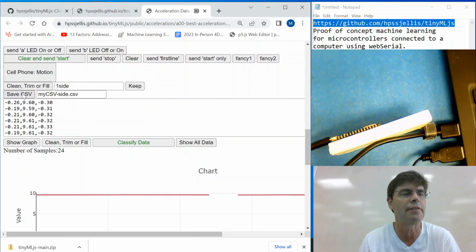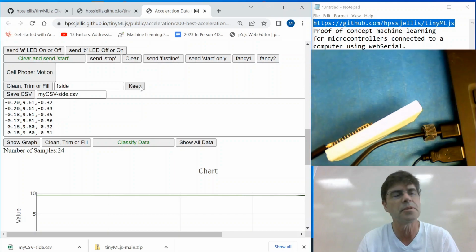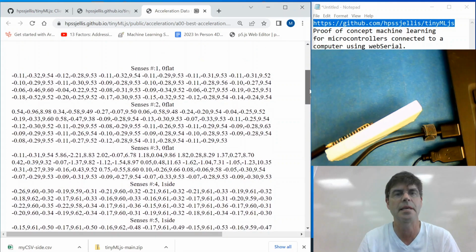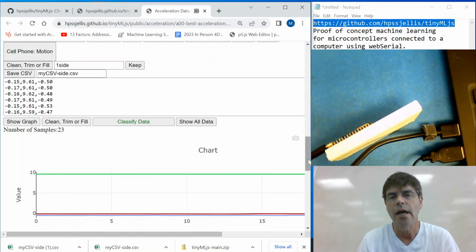And this is what happens if I was saving it. I'd save it, it pops down there. But now I'm going to grab a new batch of data. Let's change its position slightly. Grab a new batch of data. Once again, keep it. And by the way, when I hit keep, it is keeping the data right there. And I'm going to save it and show you what happens here. It adds a 1 to it. And that's kind of important